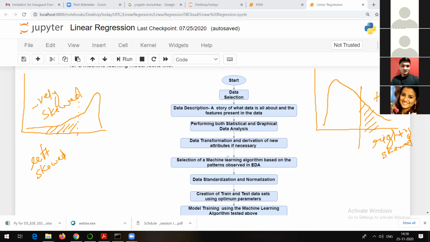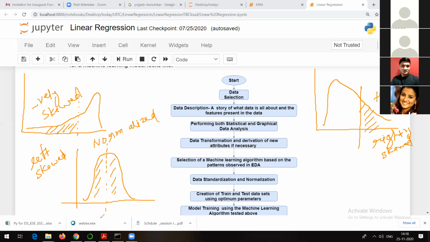What we need is symmetrical data, and symmetrical data looks like this, a bell-shaped curve, right? So this type of data is symmetrical. It can be divided into two parts equally, this one and this one. So this is called normalized data, right? But see, what do you mean by normalization?